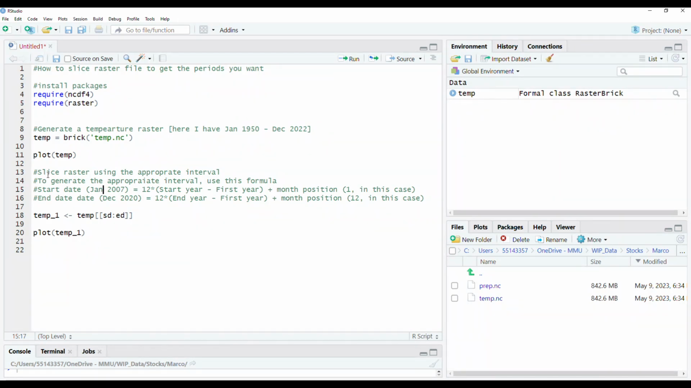So what you need to do first of all is generate the appropriate interval. To generate the appropriate interval, you have to think about the numbers. You have to have a start date, and in this case, what we're interested in is January 2007. How do I generate the number that corresponds to this start date? I have a formula here, which is start year. Start year is the year of my start date, that is 2007, minus the first year in the data set. Remember, the first year in the data set is